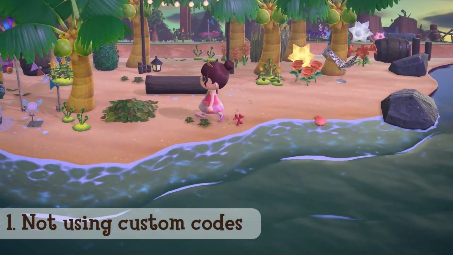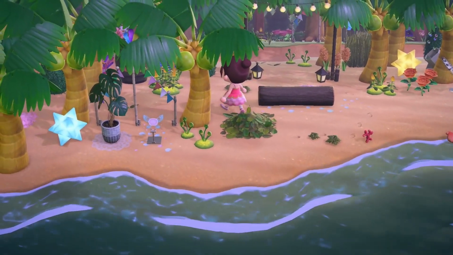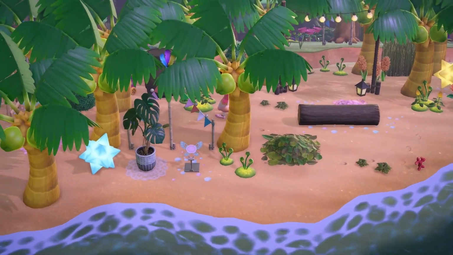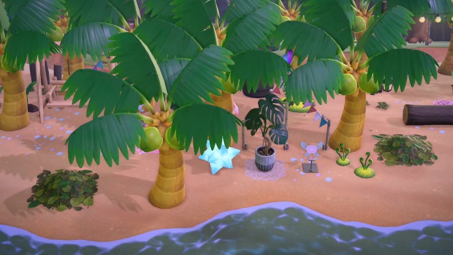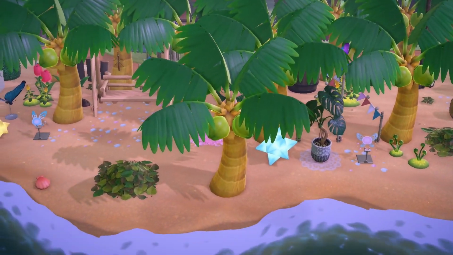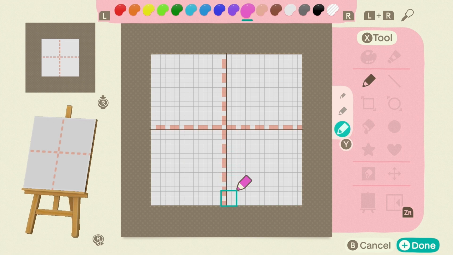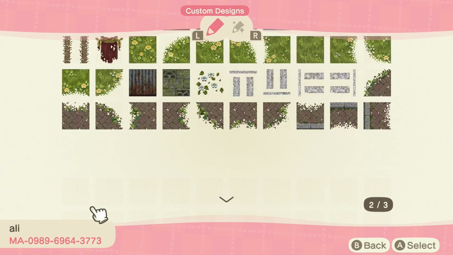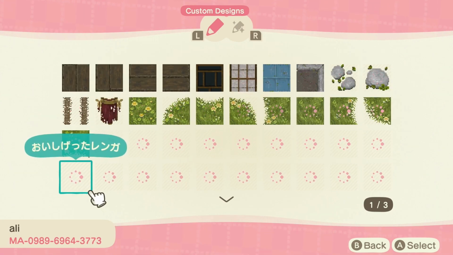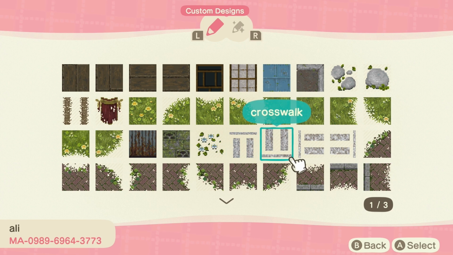When you start decorating for the first time, it can be difficult to understand how the creators online seem to make their builds look far better than yours, even if you're using exactly the same items. There's a very strong possibility that the creators you're taking inspiration from are using custom codes. This doesn't mean that you need to design your own codes, as most island designers don't create their own, and instead they browse the portals to find the perfect code to fit their theme. And just like some of your favorite designers, you can also search for the right codes to add a little bit of extra detail onto your island.